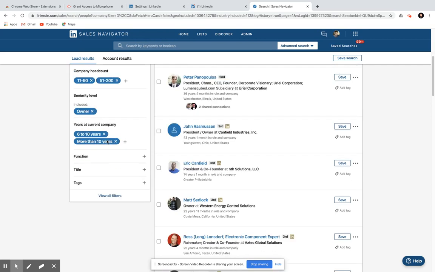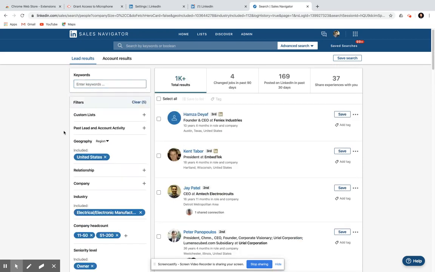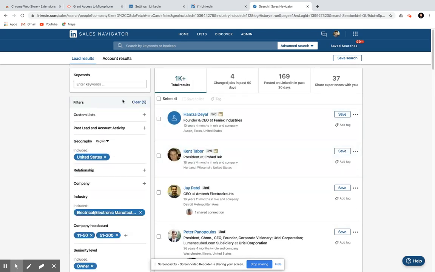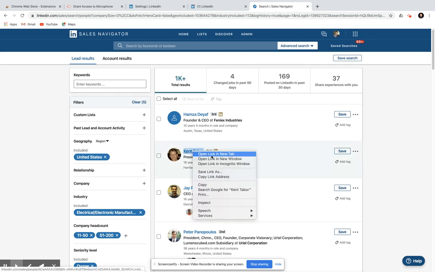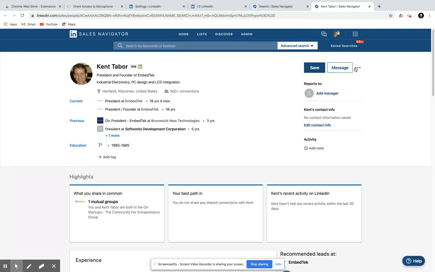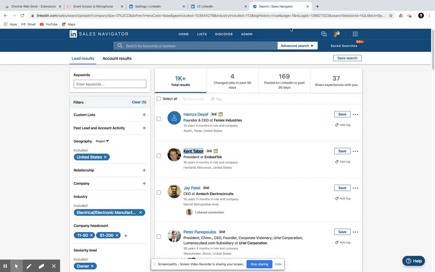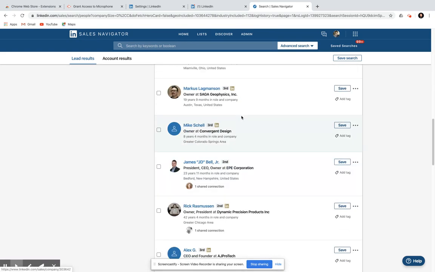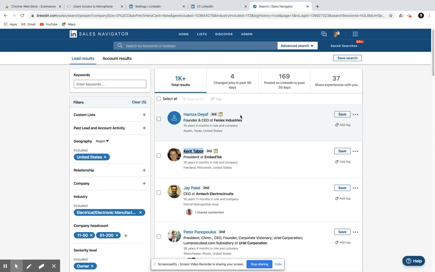And maybe if you want to type in some keyword, you can do that as well. I'll show it to you in another example. So these are all the people who match your search criteria. You can open their profile, see if they are a right fit for you, and send them a connection request if you want. The possibilities are endless, because you have been presented with lots of leads, and we have the ability to connect with these people with the help of third party tools. We can even send them a cold email.